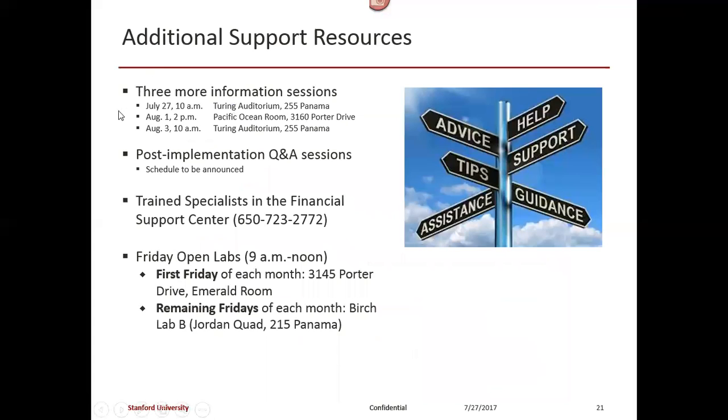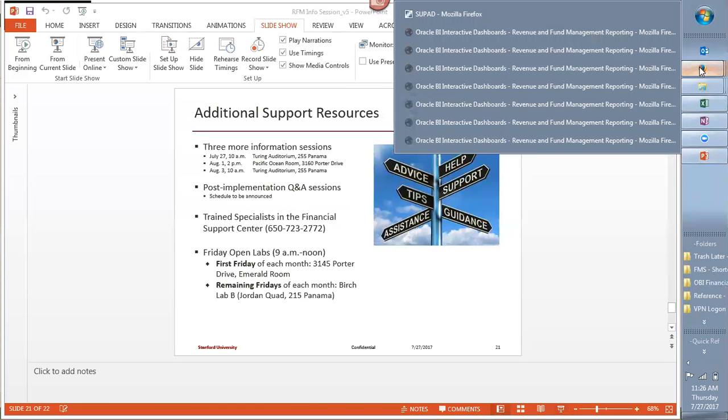We're going to have another 3 information sessions. Once we get going, we'll have Q&As. Then people will have actually done it and come back and say, how do I do this? You can always call the Financial Support Center. You can send a help ticket. There is a good way to send a help ticket. If you just go to Helps You, it's really hard to get the ticket to go to the people that actually know BI. But when you are in BI,